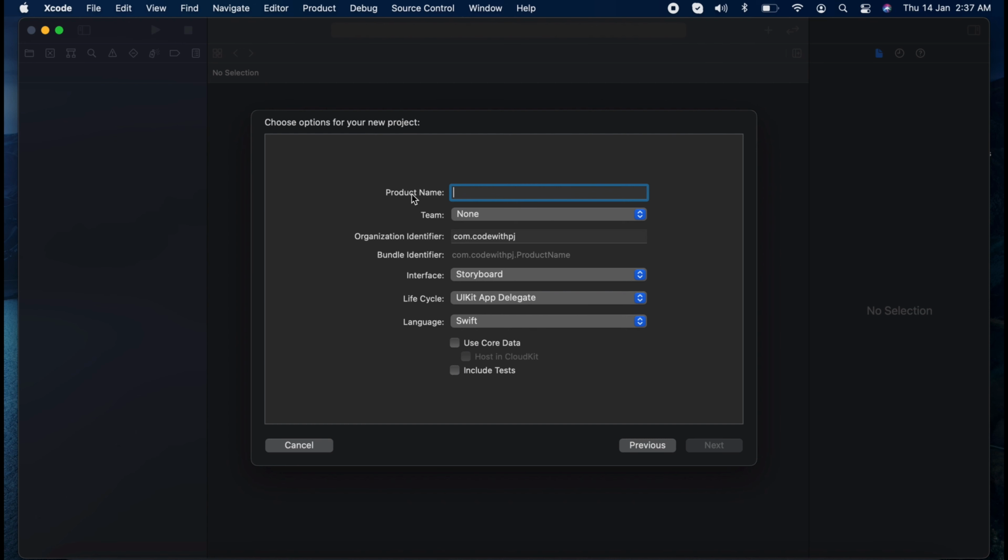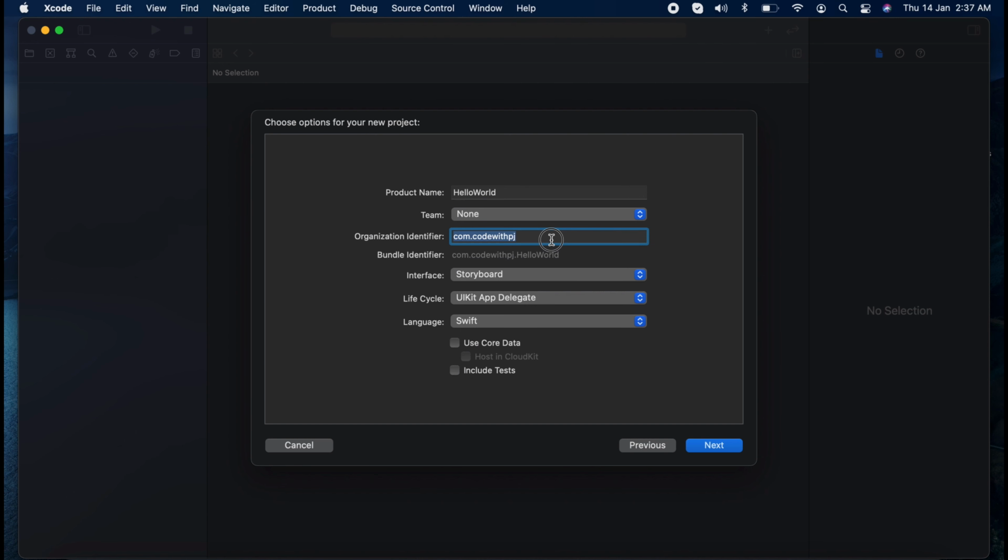Now enter the application name. For instance, in this tutorial we are going to learn how to create a simple application, so let's call it Hello World, and then let the team be None for now, and then the organization identifier.